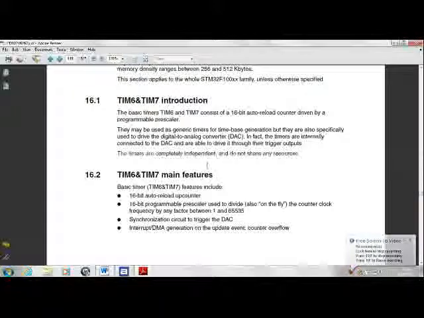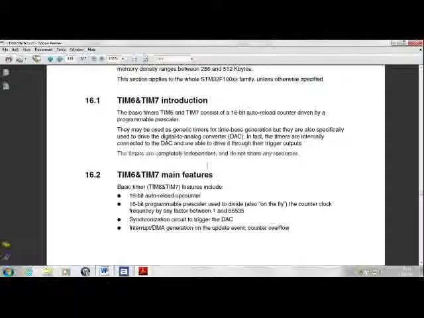So now that we have learned something about timers and their uses in embedded systems, it is time that we deal with something known as the basic timers of STM32F100RB. Timers number 6 and 7 in this microcontroller are called the basic timers because they provide very basic functionality required for timing operations, and more complex features are not provided with these timers. To understand the basic features, both of them are 16-bit timers, up counters basically, and